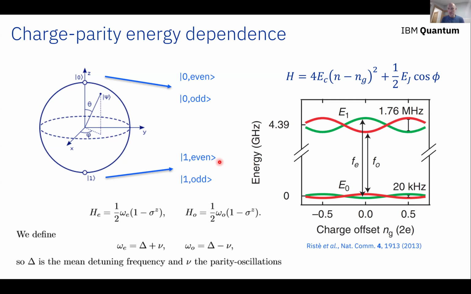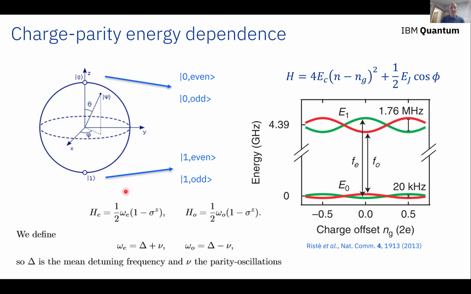And the nature of this dynamics turns out to be the following. During one experimental shot, between initializing the qubit and measuring it, and I remind you, I'm still thinking of a Ramsey experiment with a delay time of a few tens of microseconds, within most single experimental shots the number of quasi-particles on the qubit is constant, fixed, either odd or even. There is no tunneling in or out, and it's randomly distributed between all the shots. So there is a 50% chance in each experimental shot to have either an even or an odd number of quasi-particles,